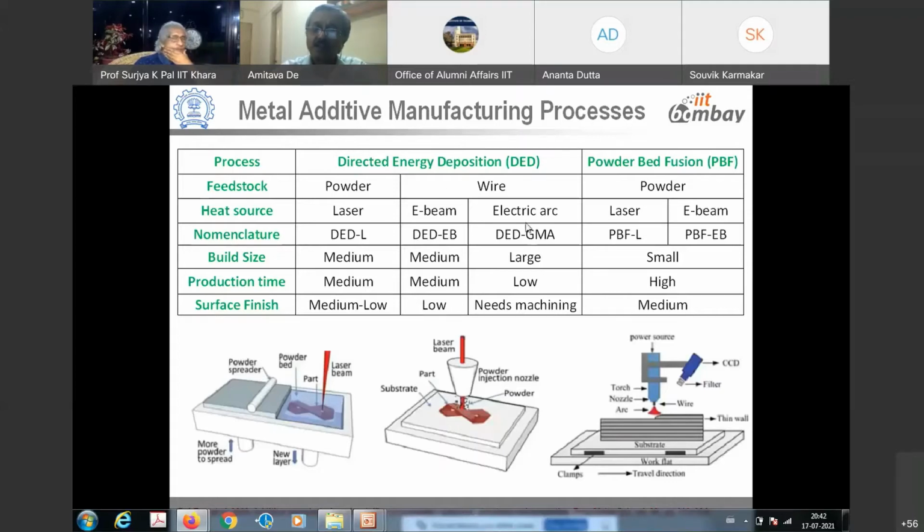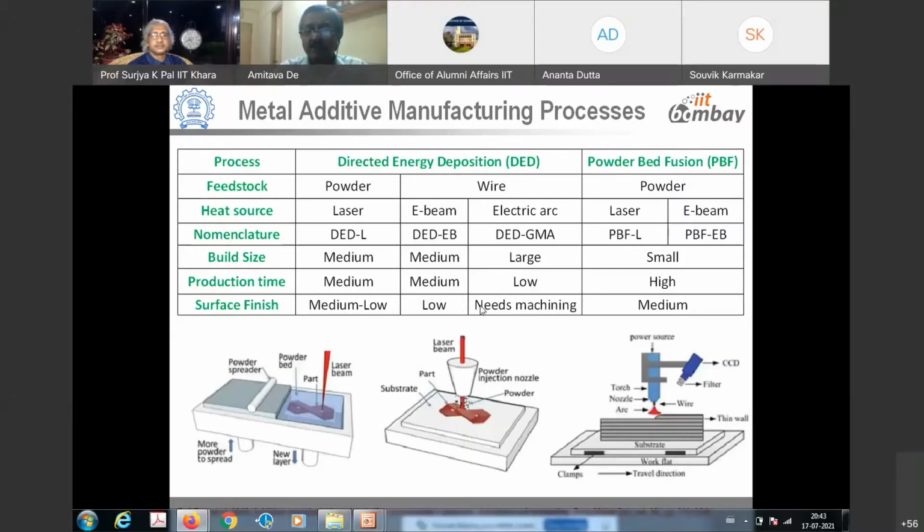So if you look at the overall mechanism, the source of heat and the filler or feedstock material, eventually there are different attributes that are inevitable. For example, when we use filler wire, it is obvious that we can deposit much more material at a much faster rate, just like we are all aware of in welding: multi-pass welding, multi-electrode welding, multi-filler wire welding, where filler wires are melted directly under an arc and a huge volume rate of deposition is possible.